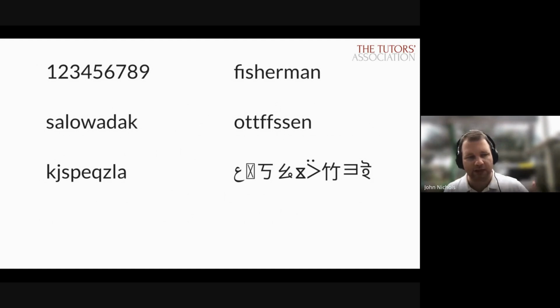So it's a much, much easier thing to try and group things. Chunking, it's actually called chunking, into chunks, 3 or 4 chunks maximum so that you can try and remember a larger amount of information. So if you can group the letters K, J, S together and remember them as a single unit, P, E, Q, Z, L, A, you've got a better chance of getting it right than if you try and remember each letter independently.